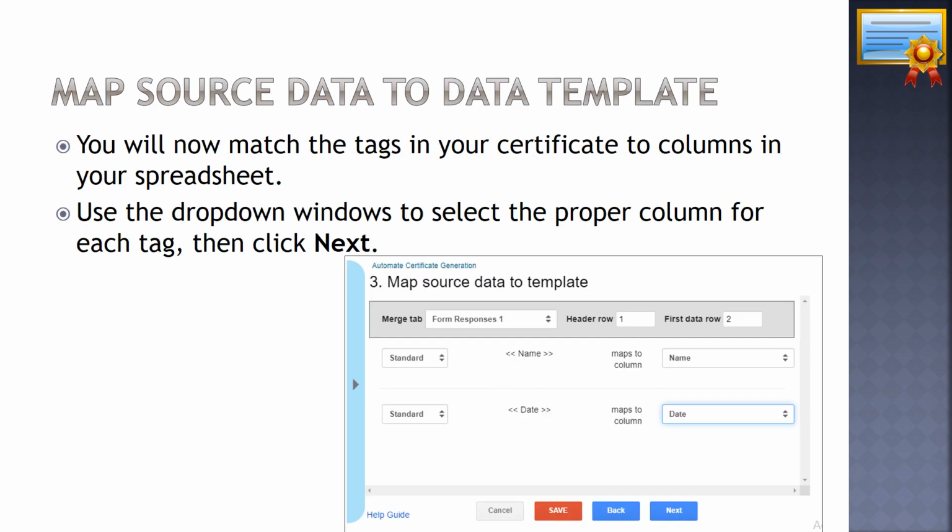After selecting the template, the add-on identifies the data tags defined in the certificate. By default, it selects the active sheet, better say workbook. The header is considered for the data labeling. Here our job is to map the tags defined in the certificate with the fields of Google Form responses. For example, name will be full name, as the name tag is defined in the certificate and the form has full name as a field.